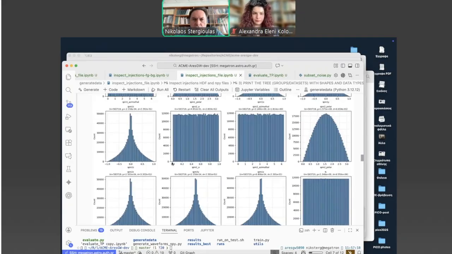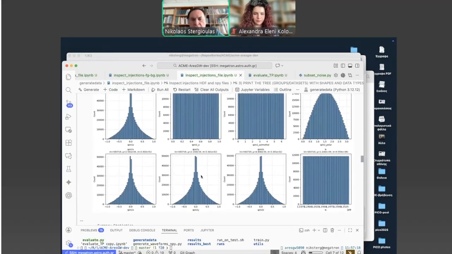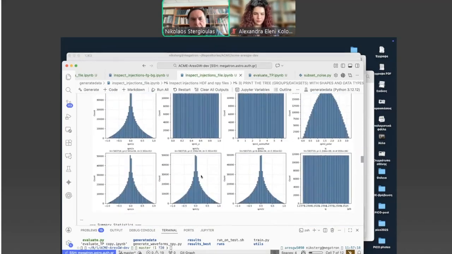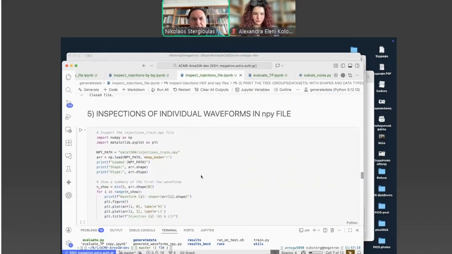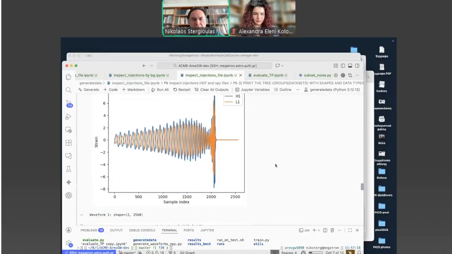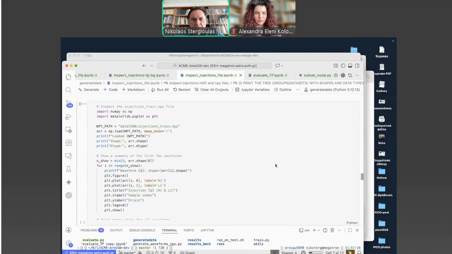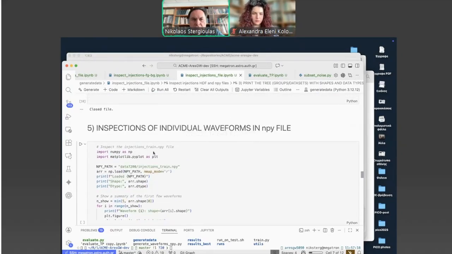According to how Alexandra described in the first part, how this training dataset is produced, these are exactly the distributions of these parameters. And if you want to inspect individual waveforms, now you can open the file that we just created, which is the NumPy file.